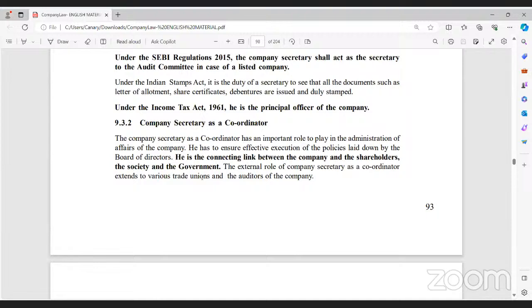If anything arises, he's the one who has to be responsible and convey any information relating to the company he's working for. With the government, company related information has to be coordinated from time to time, and any government policies have to be coordinated with the company. Similarly with the shareholders, many major policy changes have to be conveyed to the shareholders from the managerial side. Or conveying to society from the manager as the firm's aspect, or from the shareholders to the management. So he's the link. Okay.